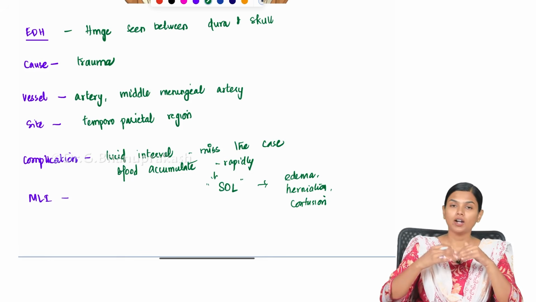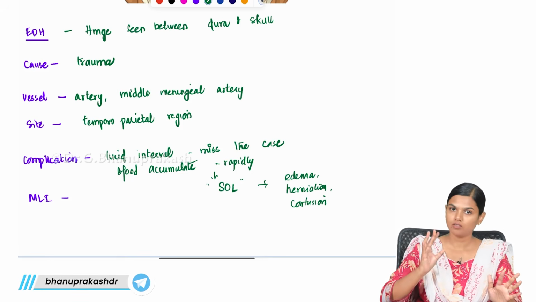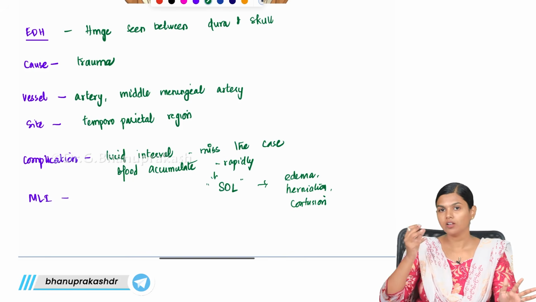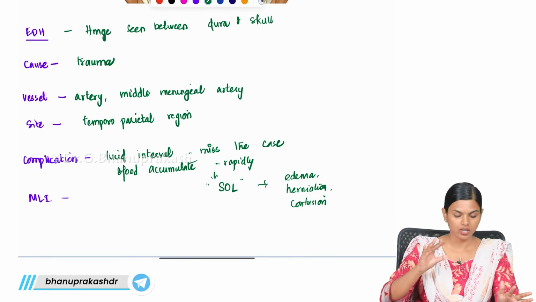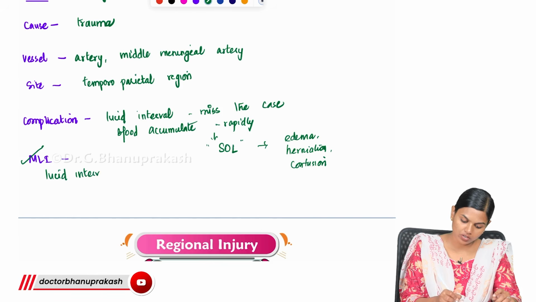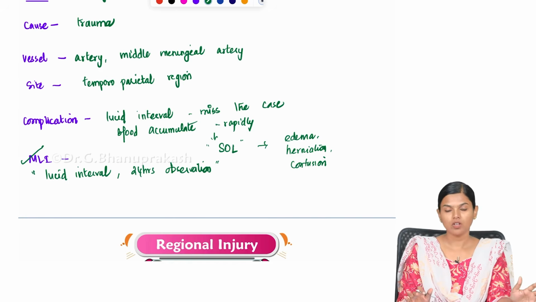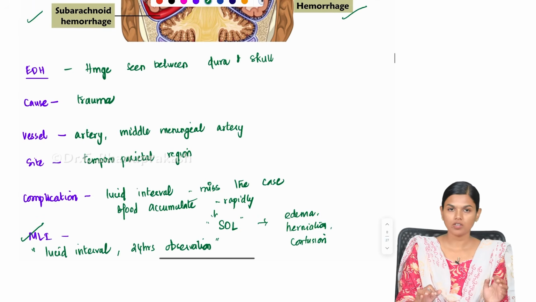This is very uncommon, but mostly when trauma happens, this will occur very acutely and it will cause these space occupying lesion like symptoms. And the medicolegal importance is that in all head injuries you will have this lucid interval period, and observation for 24 hours is important. Especially in this EDH and SDH, this lucid interval is very, very common. So this is the importance of extradural hemorrhage.